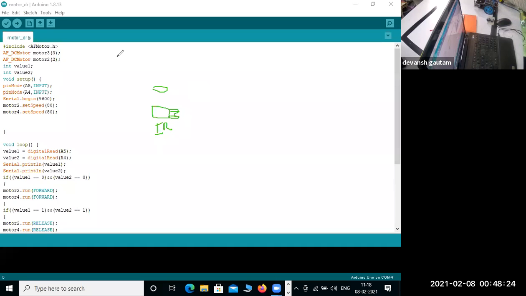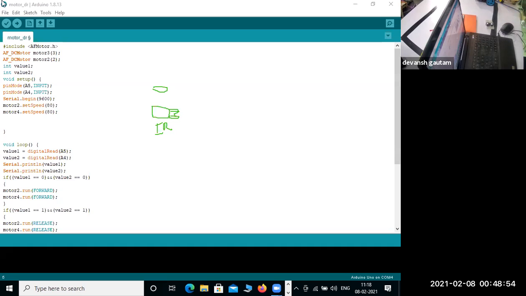You can see that there are two things this sensor can see. The first is the black line, and the second is the white surface. If it is on the white surface, it means it needs to move further, so it doesn't turn. But when there is a turn, one of its sensors comes onto the black line and senses that there is a black line, and we need to move according to the black line. Then it moves according to the black line and continues to follow the path. So it works like this.